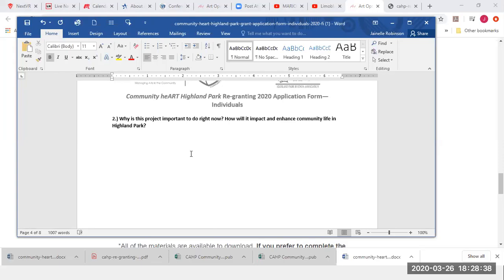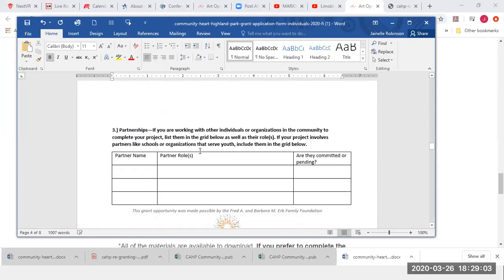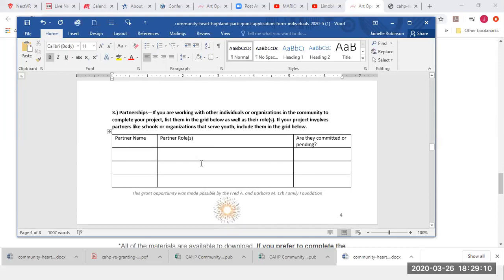And they will review your project based on the requirements, which are the artistic merit of the project and the benefit to the community of Highland Park. So they're going to be judging based on those criteria and making recommendations about whether this project should be funded or not. So we don't always get all the ones that we would want funded. So just know that we're kind of an advocate for you in the room as they're reviewing your application.